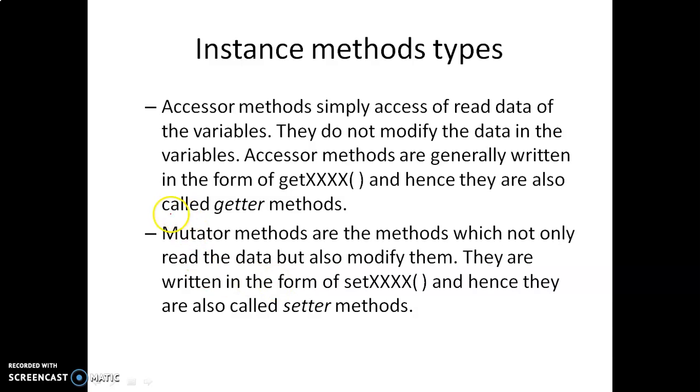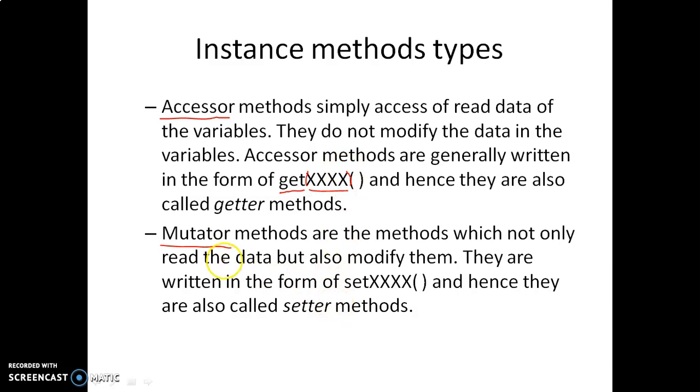We can create some of the instance methods as accessor methods, and some as mutator methods. Accessor methods are created with the get keyword and the variable name. That is, whatever variable you want to create the accessor method for, you need to mention the get keyword and the variable name.